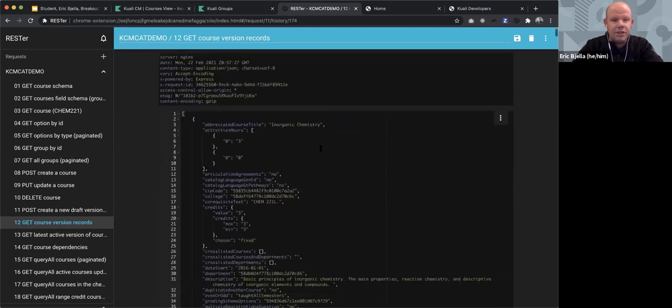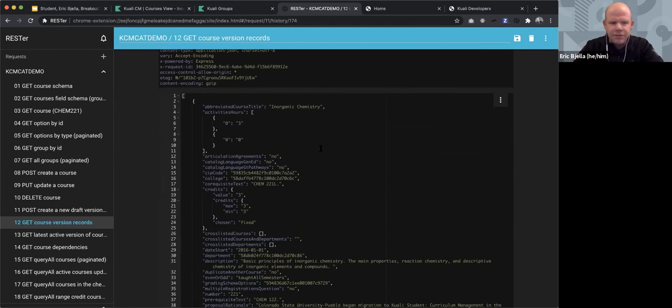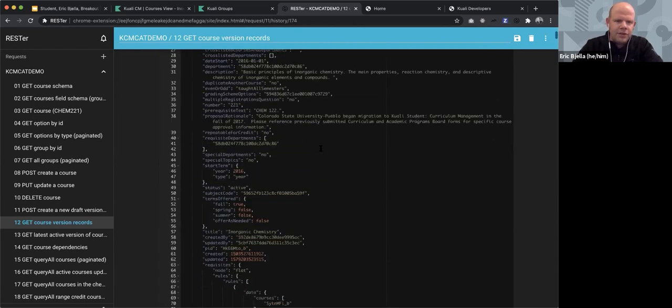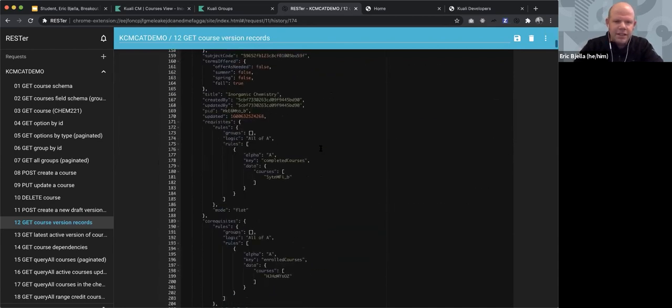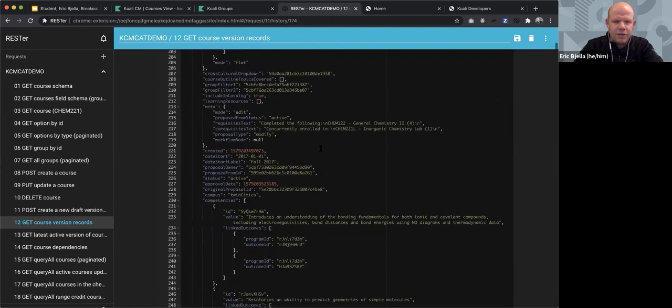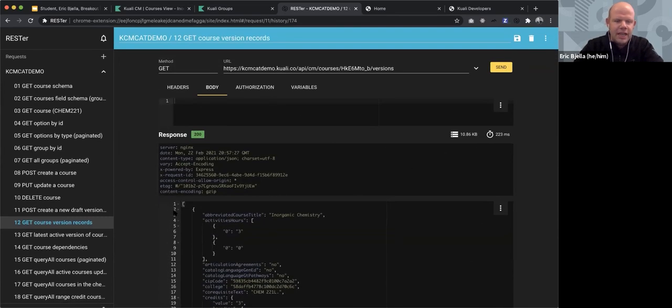So that's going to include, going back to the question about statuses, that's going to include drafts, active versions, revisions, versions in review, and approved records as well. And so this payload can get pretty big if you're looking at a course with lots of different versions, but it's going to have all of those different versions. And again, the